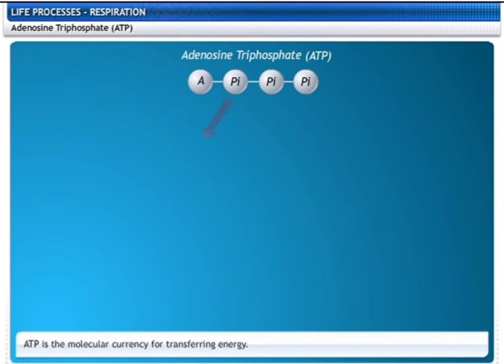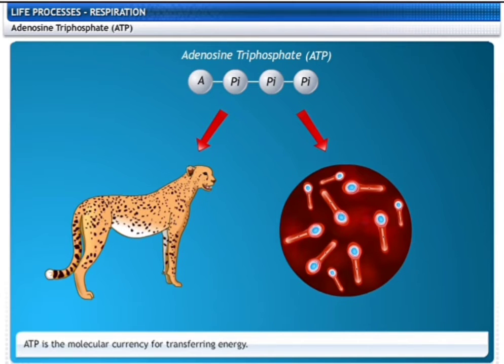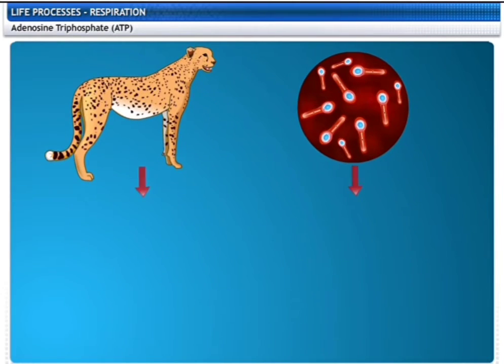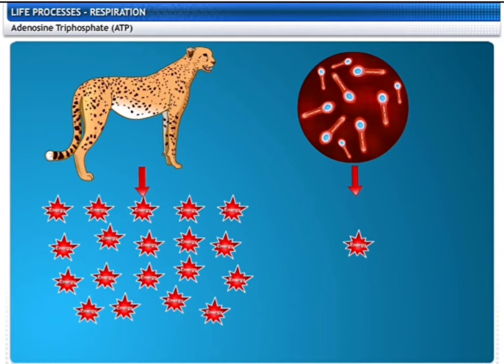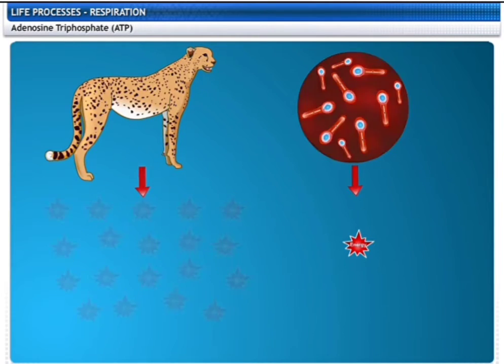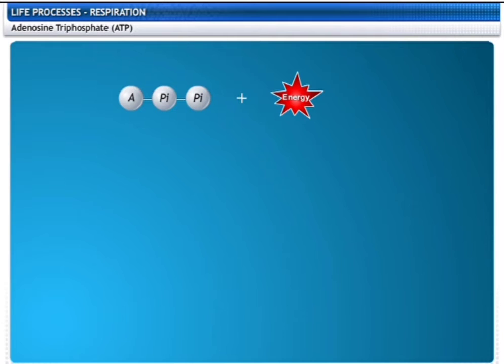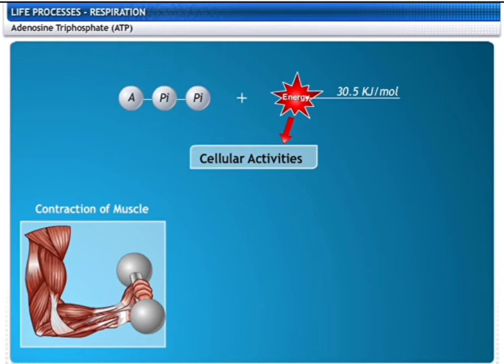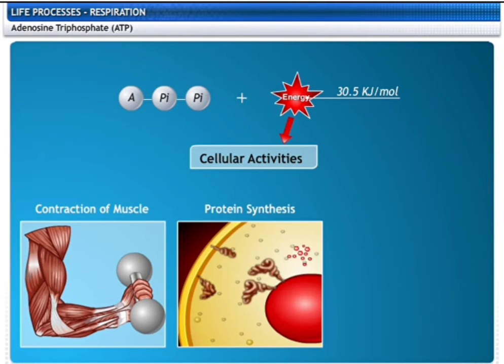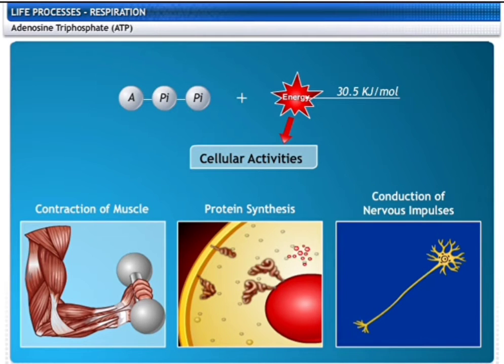ATP is the molecular currency for the transfer of energy in most cellular processes. The energy released in the aerobic process is 19 times greater than in the anaerobic process. When the terminal phosphate linkage in ATP is broken using water, energy equivalent to 30.5 kilojoules per mole is released. The energy from ATP is used for cellular activities such as the contraction of muscles, protein synthesis, and conduction of